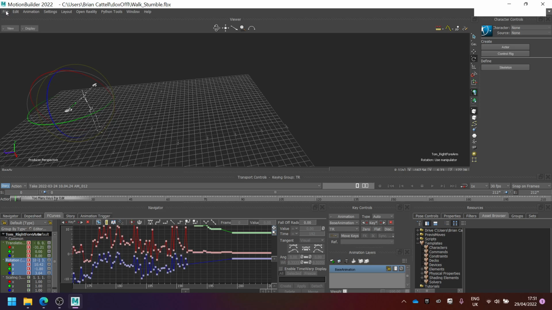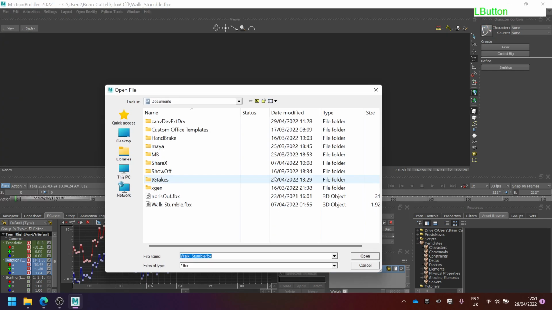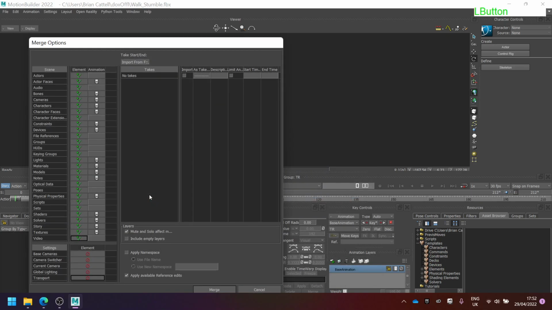Okay, so I could do it through the merge dialog. Merge dialog is the same as if I was in File Explorer and I could see the file here and just dragging and dropping, I'd get the same menu. Anyway, so this is my figure, which might have a skeleton in it. I want to discard all animation, apply a namespace, use new namespace, and I'm going to call this one